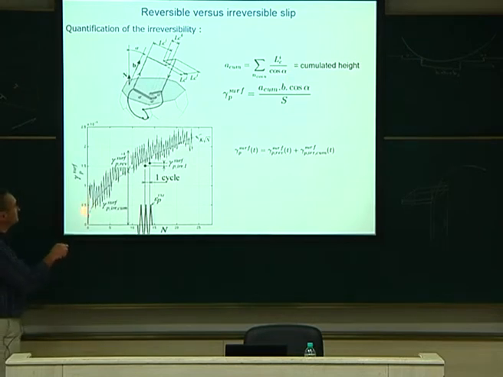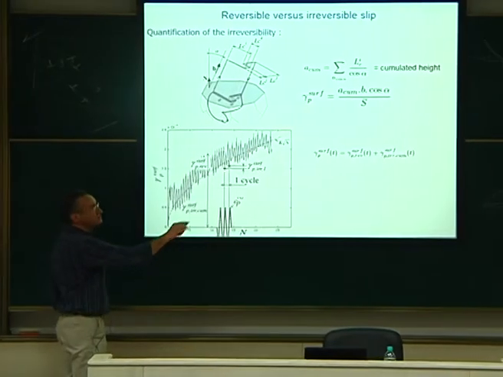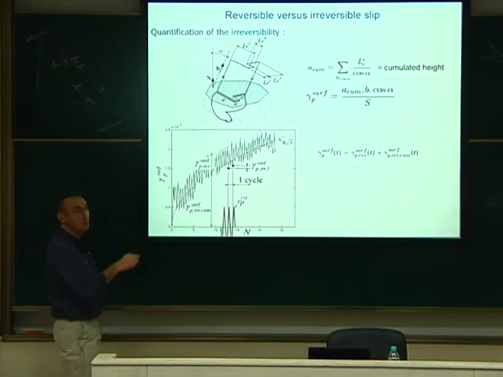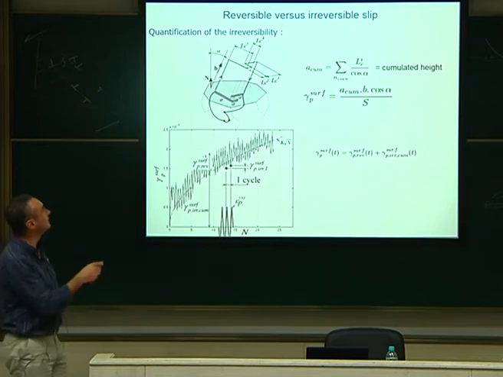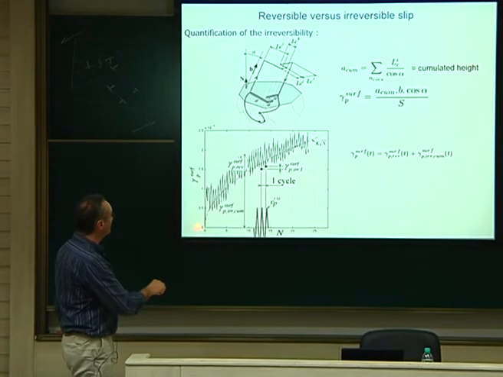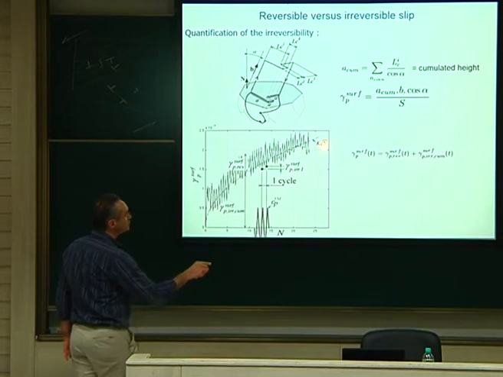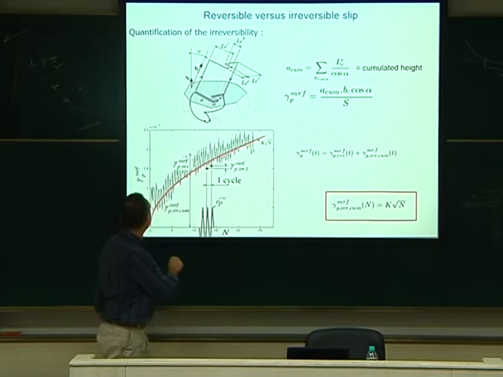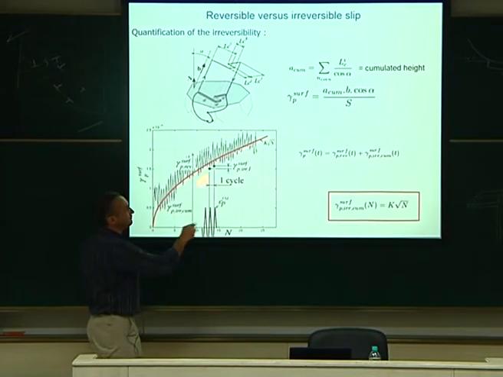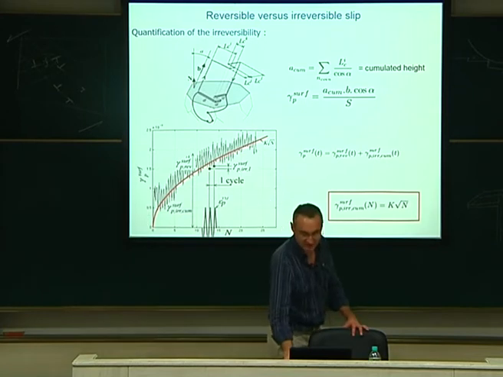You have something which is increasing and decreasing with the loading, but globally it is always increasing. So it means that you have more and more steps on your surface. You are accumulating irreversibility with the cycling. And the relationship you follow is a square root relationship. It means that your irreversibility is like a square root of the number of cycles, like that. Okay? So this is for the irreversibility.